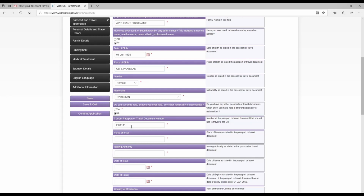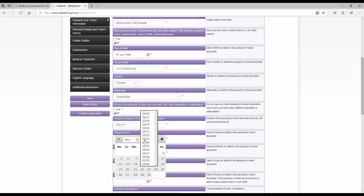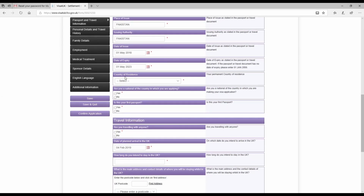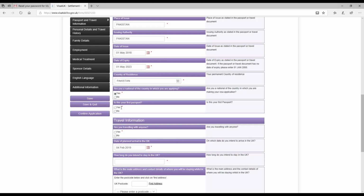Her current passport number, which I've put down already. Place of issue was Pakistan as well. The issuing authority was Pakistan as well. For the date of issue, I mentioned it exactly as it states on her passport, and in fact all of these details should be according to her passport. So I made sure of that, and I put down the date of issue accordingly. And then the date of expiry, which was in 5 years time. And then the country of residence, which is Pakistan. Are you a national of the country in which you are applying? Yes, of course, she is a Pakistani. Is it your first passport? It wasn't her first passport, so I clicked on